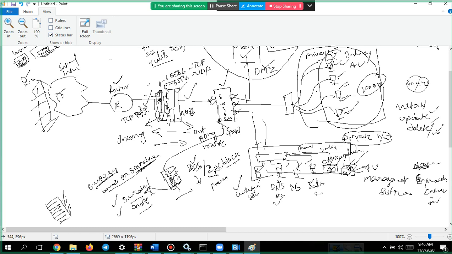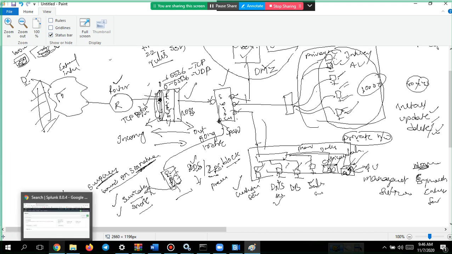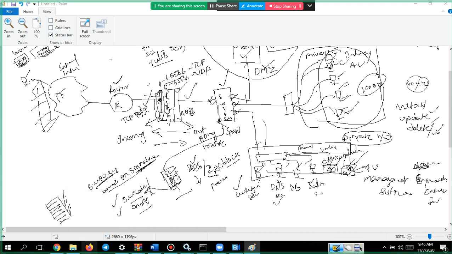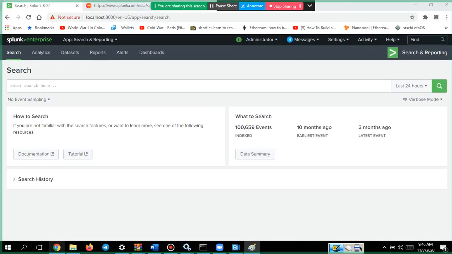We will see all those logs as well. And web server logs, as I said, you will be having different kinds of web server logs that are currently available. Let me show you by taking one example. I'm trying to access some web page now. Let me first open this.